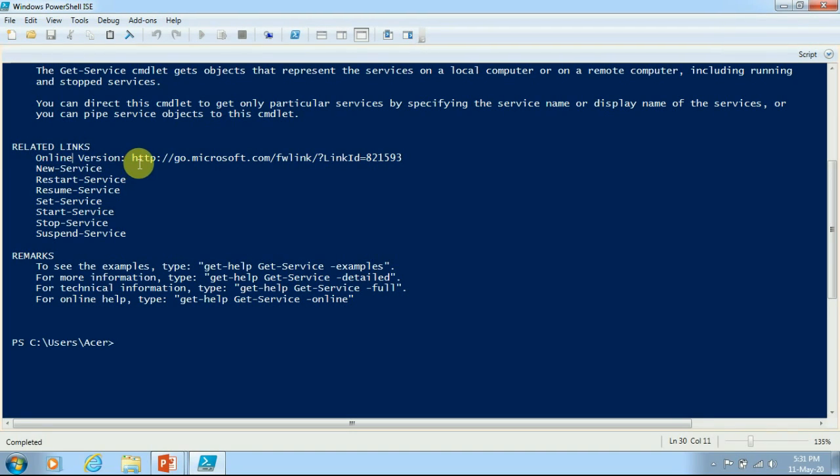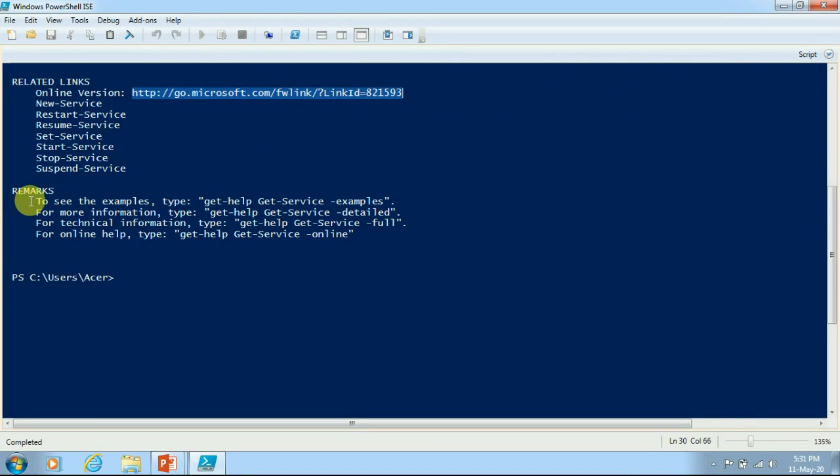We have been given links so that we can refer to it online, and there are some related cmdlets also so that we can explore more. In the remarks section it has given some examples. If I want to fetch examples, I will have to pass examples as a parameter. If I want detailed information, then we will have to pass detailed as a parameter. And if I want full information, then we will have to pass full.